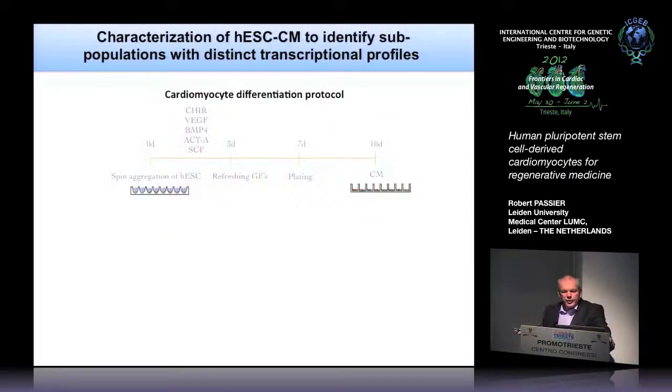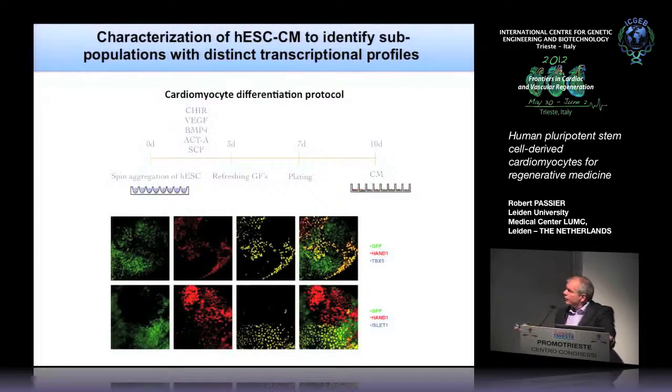So what we try to do is to use again this high throughput method as shown here. And we first of all looked at the cardiac subtype specification, or the distinct transcriptional profiles in our EBs, and this is shown here. And this is a contracting area, and you can see here the GFP expression again, and if you